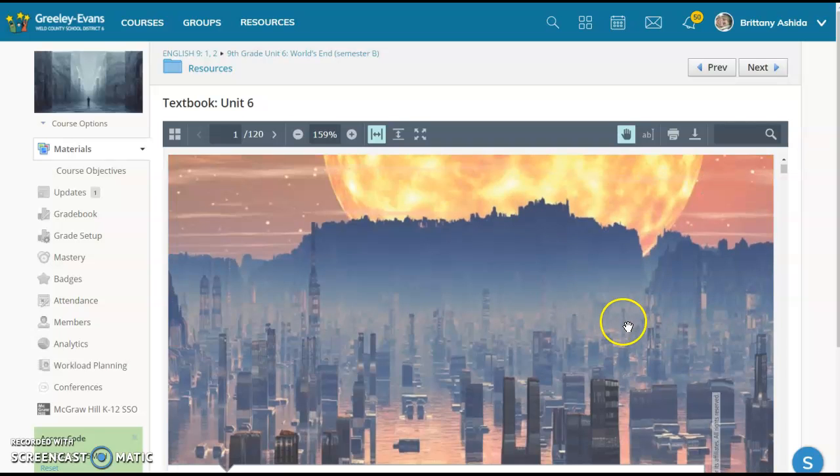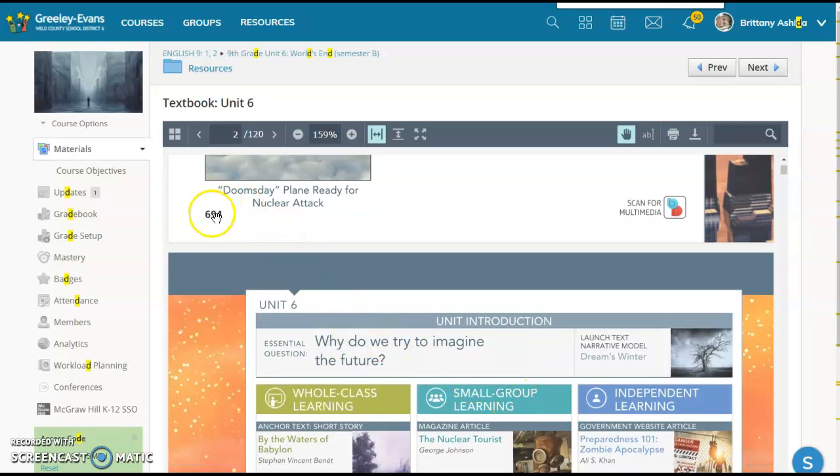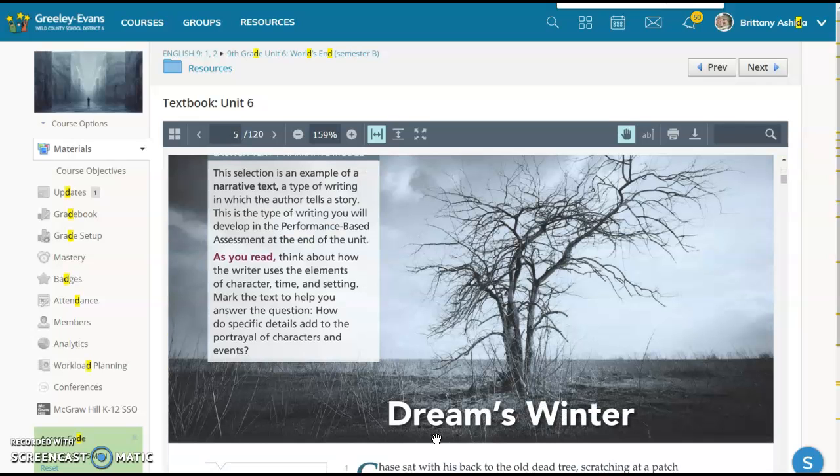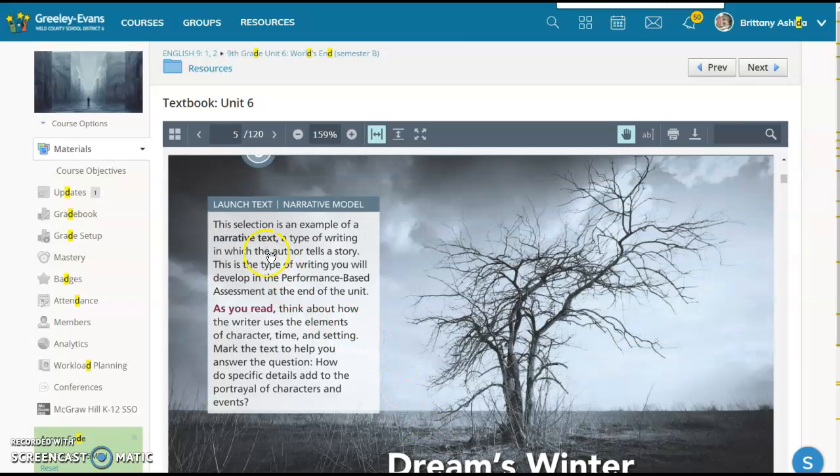And then from here, you guys can find the short story Dreams Winter. And you can scroll down. Notice that these page numbers don't line up with these page numbers, so you'll have to actually go by the page numbers as you scroll down. Dreams Winter is the first text that we see. This is a narrative text. It's an example of what we'll be doing for our